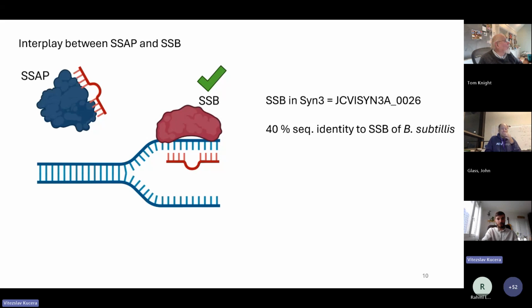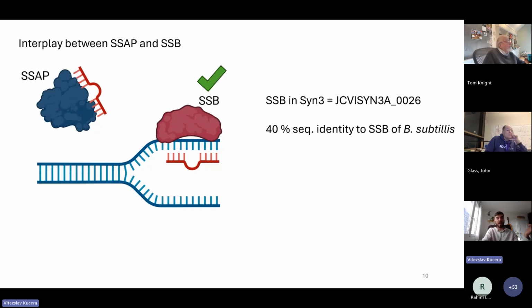These proteins are usually viral recombinases, so they are derived from phages that infect bacteria. What they can do is take a single-stranded DNA that is present in the cytoplasm of the cell, and direct it directly into the replication fork of the replicating cells. During this, they interact with the single-strand binding protein, and that's where there needs to be a match between the single-strand annealing protein and the single-strand binding protein.